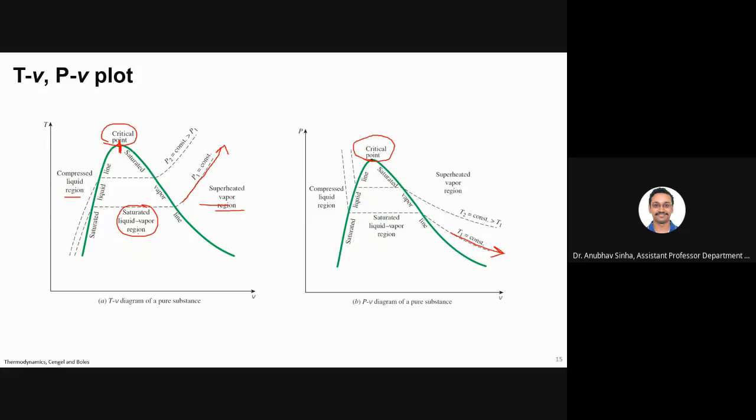So that's why we say that at the critical point or beyond it, it becomes difficult to distinguish. You cannot distinguish between liquid or vapor. That is a very characteristic point of the critical point. But again, as I mentioned, for this subject, most of our discussion will be limited to inside this vapor dome. So we'll talk about the subcritical phase. You need not worry much about the critical point for now. Let us first focus on inside the dome, and then if we have time, we can discuss a little bit more about the critical point.